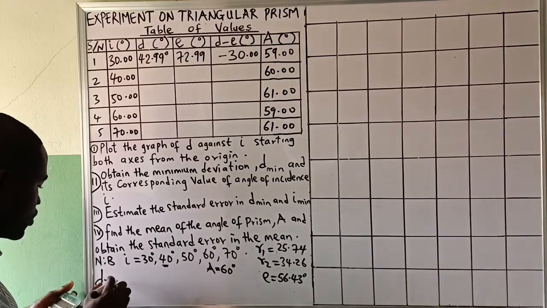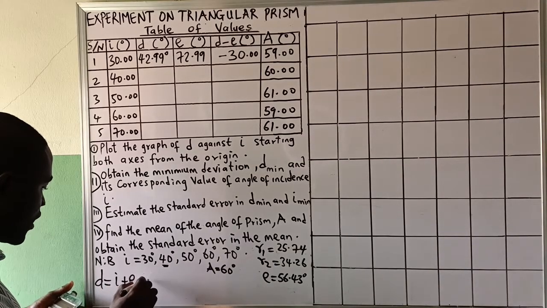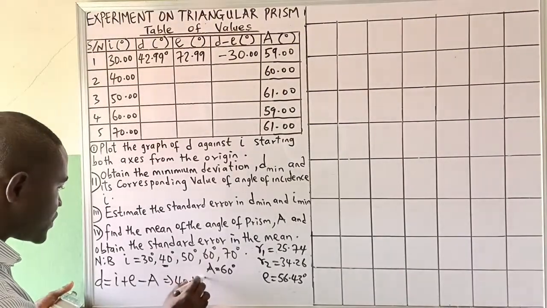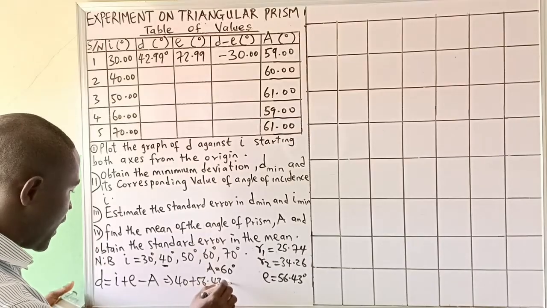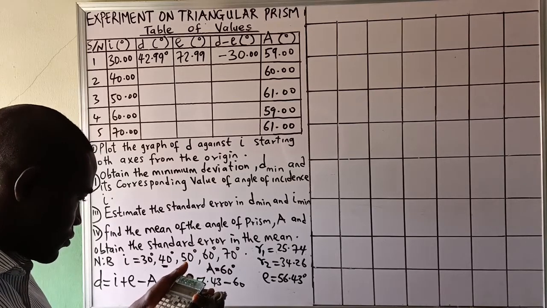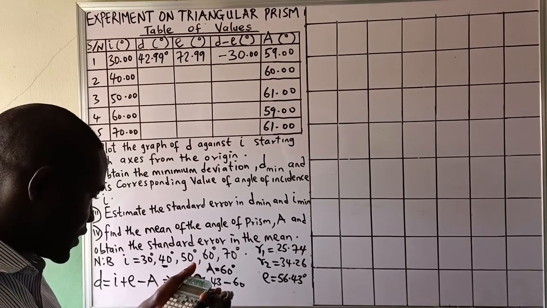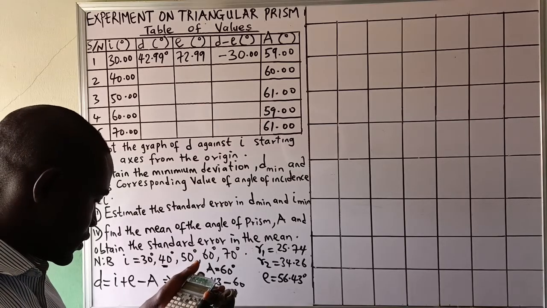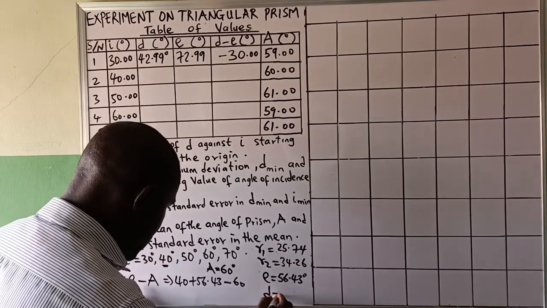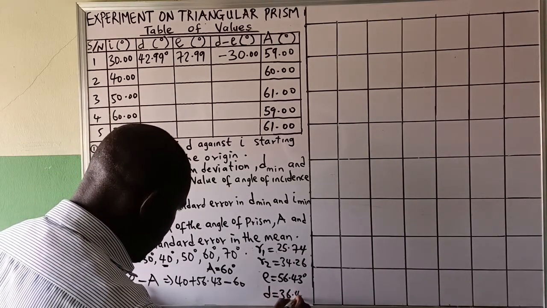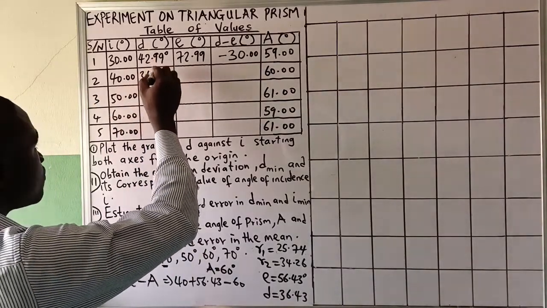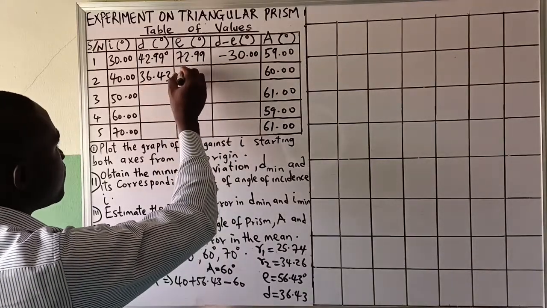Our D is equal to I plus E minus A. That means I is 40 plus 56.43 minus 60. That will be giving us that our D is equal to 36.43. Okay, I will write 36.43, then